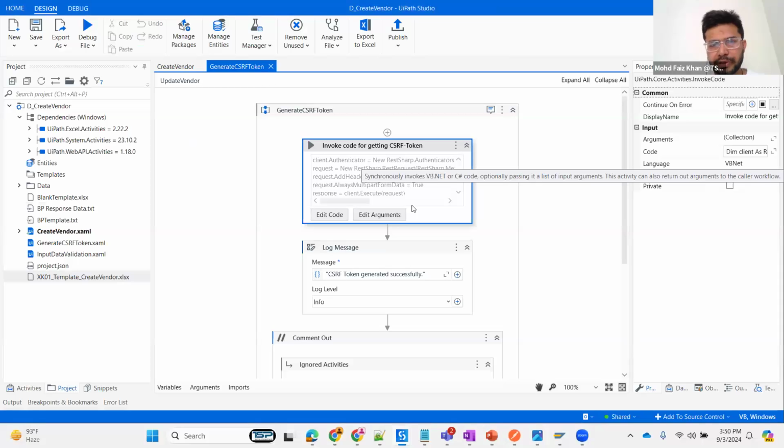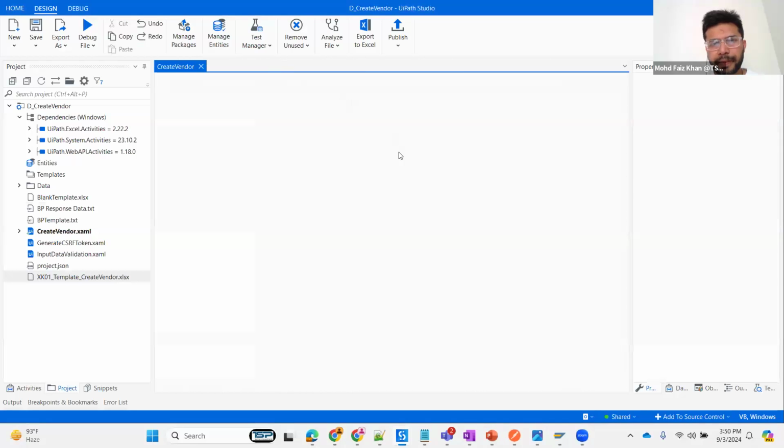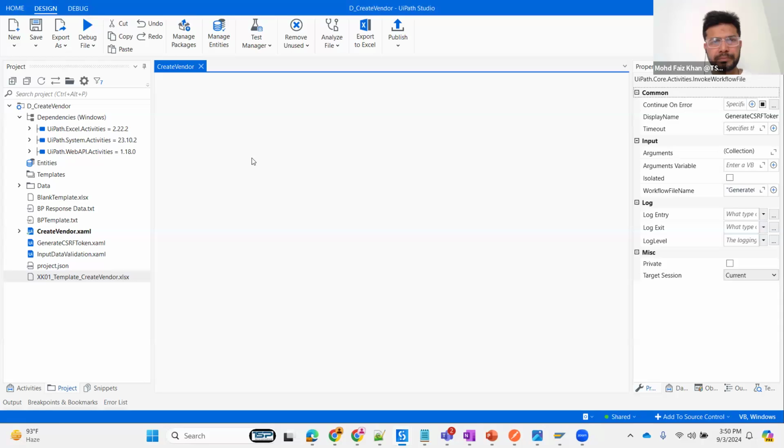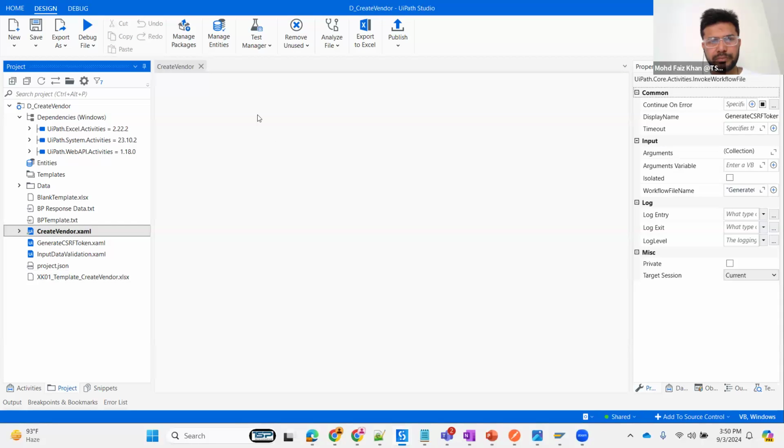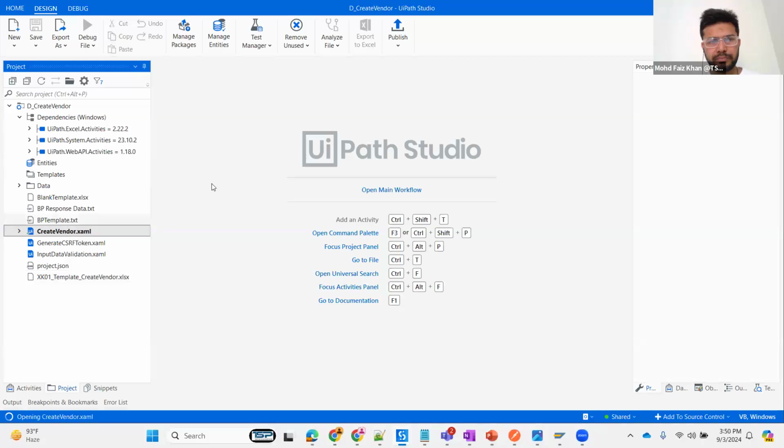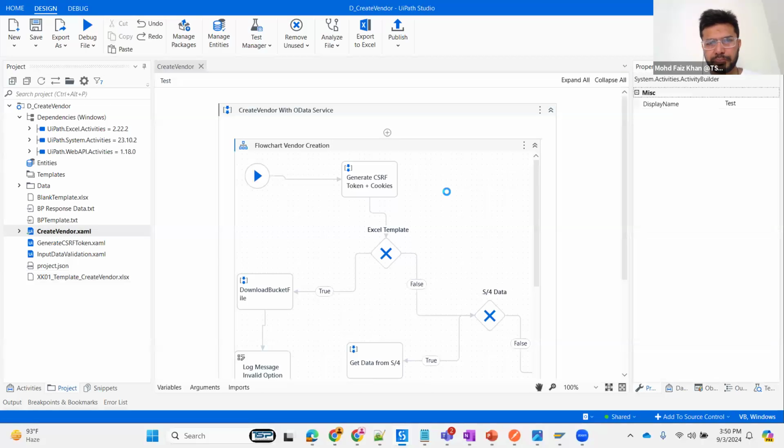We are generating the sequence first. Once it is generated, then we are going to use